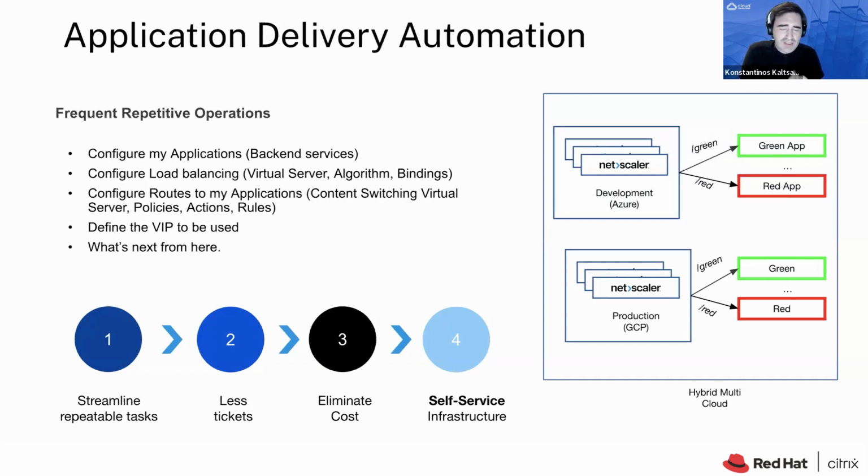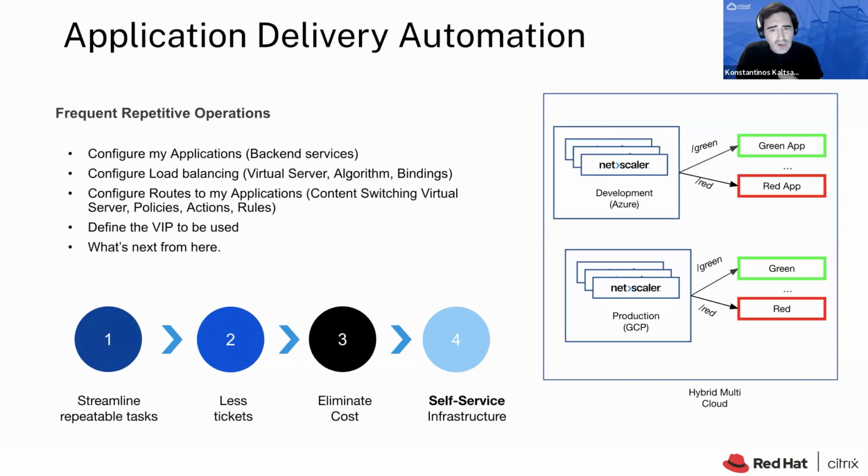So what we are getting as an ask is, how can I really simplify this process? How can I really automate the process of configuring this backend, so a NetScaler can know that it should serve this traffic for the green application and for the red application, for example. How can I easily configure load balancing. Let's say that we are going to have 3 green applications, and we need to load balance between these 3 green applications.